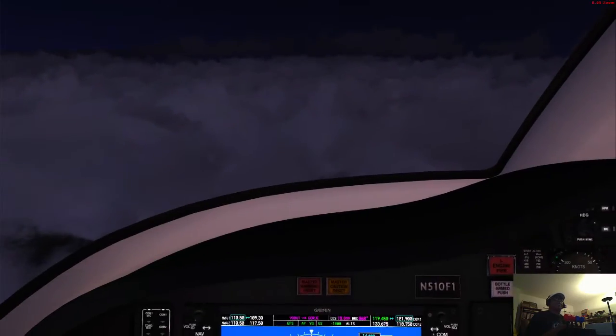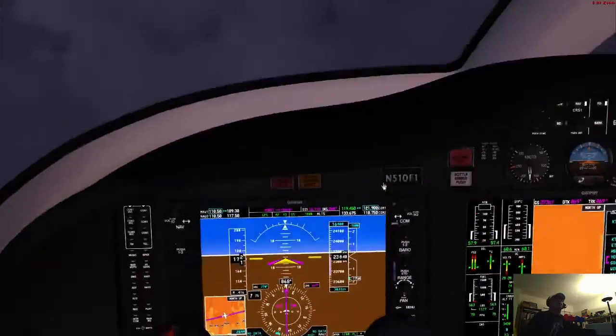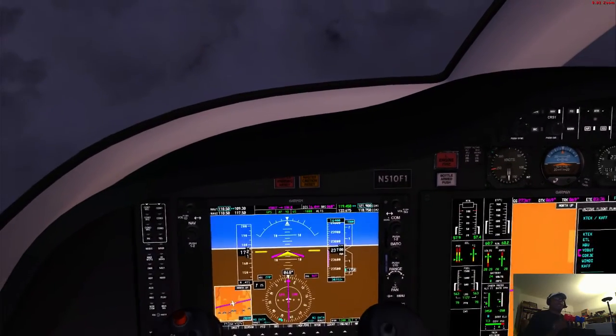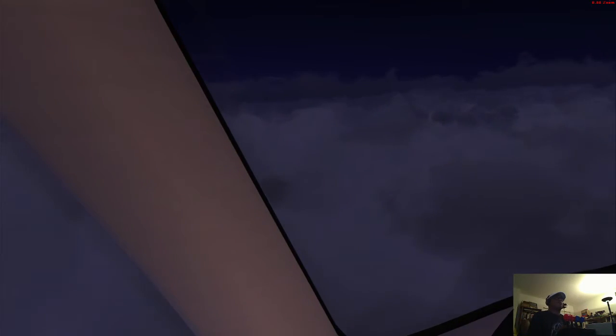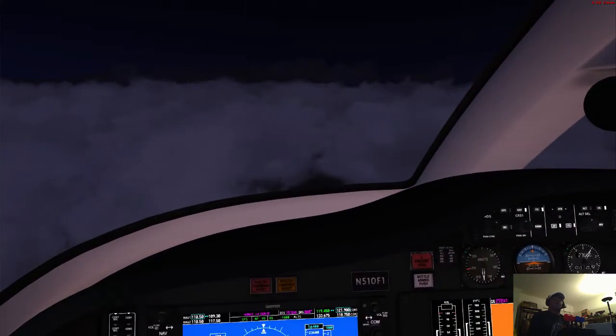Alright, we got clouds here. Alright. Set de-icing systems on. It's a bad habit of mine. I'm always turning on anti-icing systems when there are clouds. Don't have to worry about that with the tube liners. They travel so fast. There's just no time to